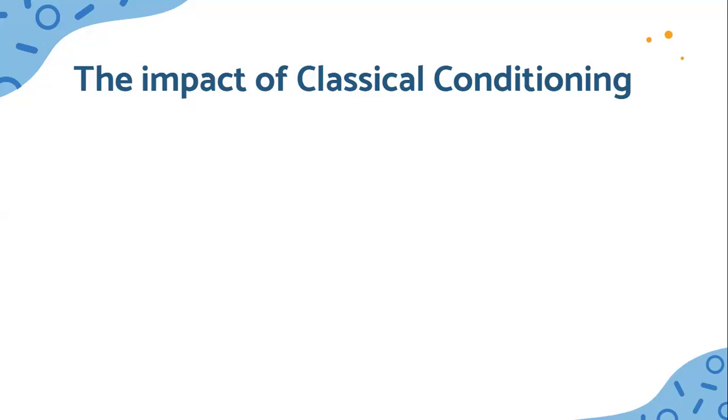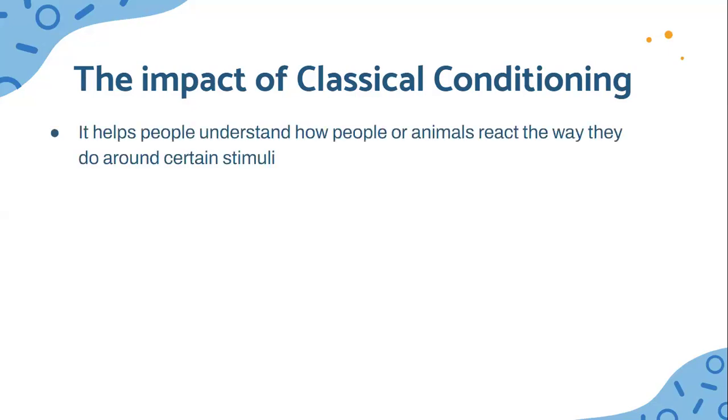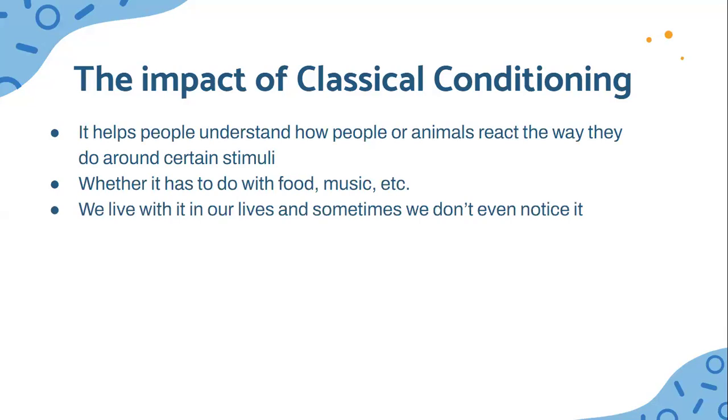The overall impact of classical conditioning is that it helps people understand how they and animals react the way they do, whether it has to do with food, music, etc. We actually live with it in our lives, and sometimes we don't even notice it, whether our parents raised us or something environmentally happens. And we can use this to train our pets as well to react to certain commands,